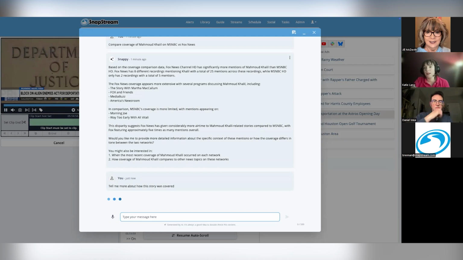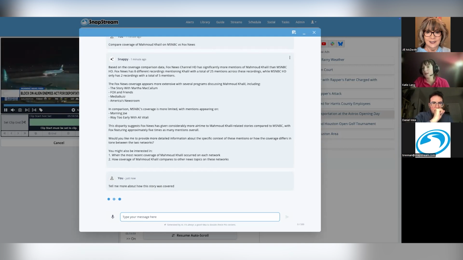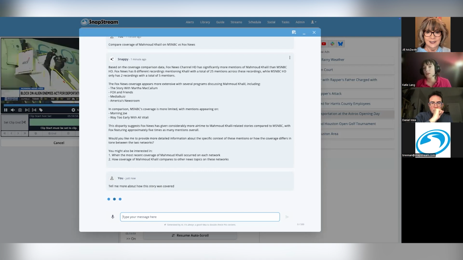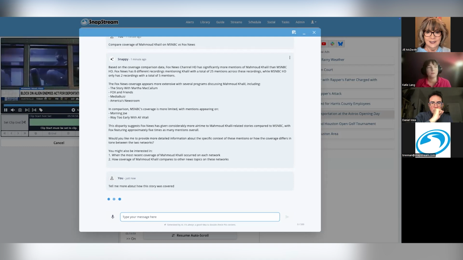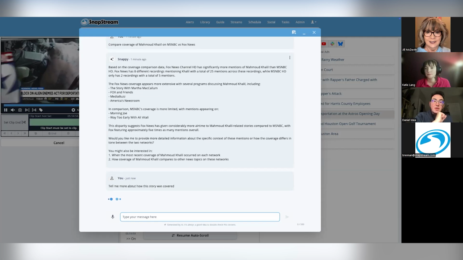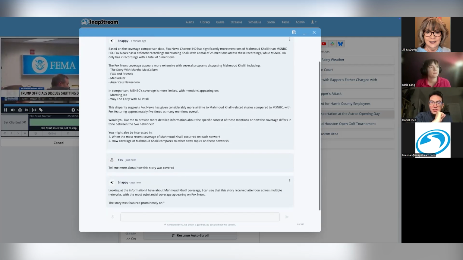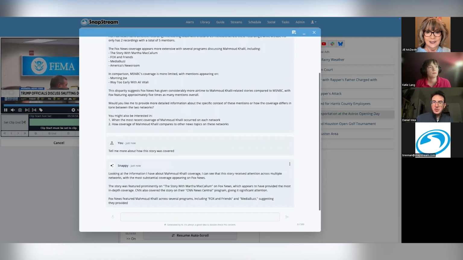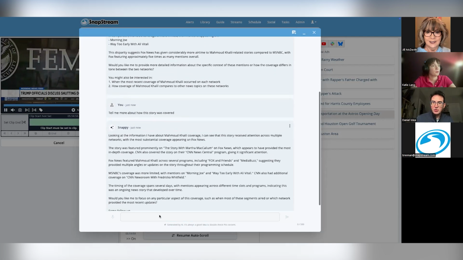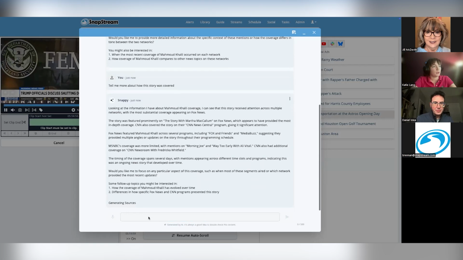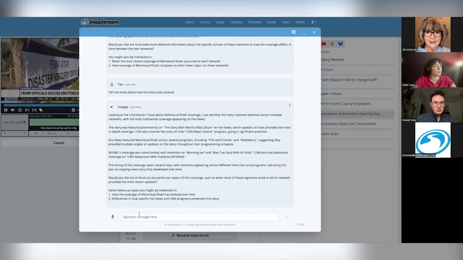It also may not. Like I said, Snappy is still in beta, and there's still a lot of work going on behind the scenes to make these sources turn up. That's something that we're working on improving, making it return sources even when it deems a question very broad. Dahlia actually had an interesting follow-up question: what are the most used terms on each of those networks to describe his arrest and detention? Okay, good question. And I think this one is also not going to turn up sources.